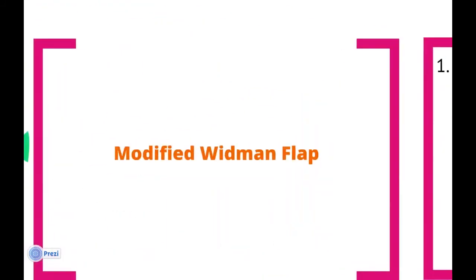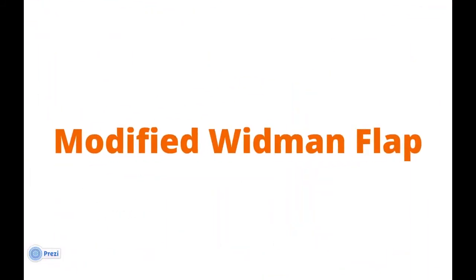The modified Widman flap. One of the modifications of the open flap debridement technique is referred to as the modified Widman flap. Of the numerous periodontal surgical techniques, the modified Widman flap remains the standard procedure for open periodontal therapy. The method is characterized by precise incisions, partial flap reflection, and an atraumatic procedure. Because the alveolar process is only partially exposed, post-operative pain and swelling are rare.